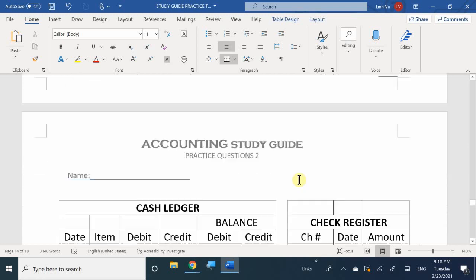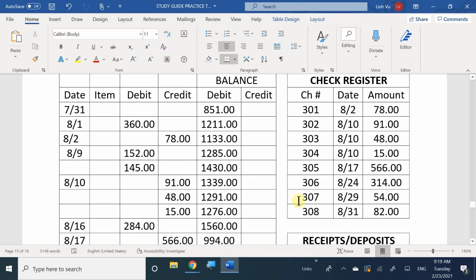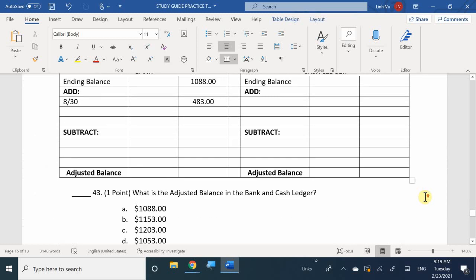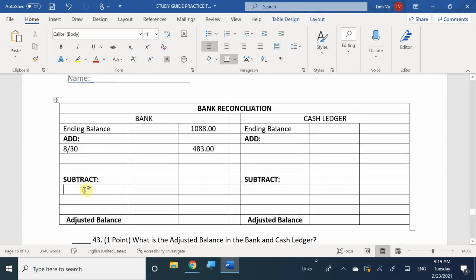We missed 306 and we missed 307. So what values are those? 314 and 54. So again, I'm going to bring it down here. I have check number 306 for 314, and I have check 307 for $54,